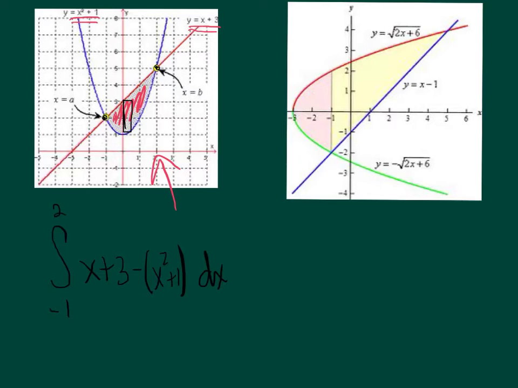The other thing that can happen is our shapes could be in an x equals equation. In this case, they've actually solved them for y equals. But we have to be very careful about drawing our rectangles. If we draw them as dx rectangles, notice that you have different top and bottom depending on where that rectangle is drawn. So in that example, rather than draw dx rectangles, we'd actually draw them as dy rectangles, and we're going to put them on their side this time. So I'd want to draw them